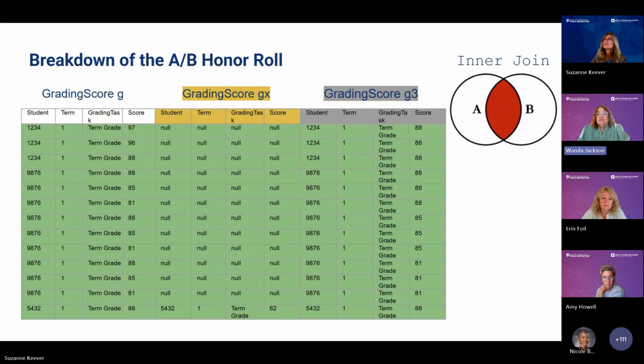So this is kind of just another representation of that. You can see the students that had the A's and B's, they had no non-qualifying scores in the GX column there. And then the G3 column is where they had at least one B. So when we go to the next slide,